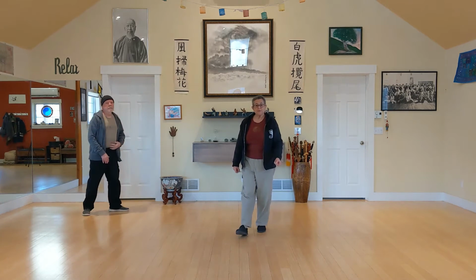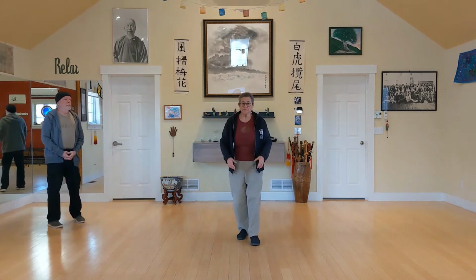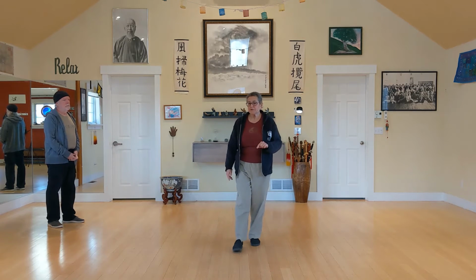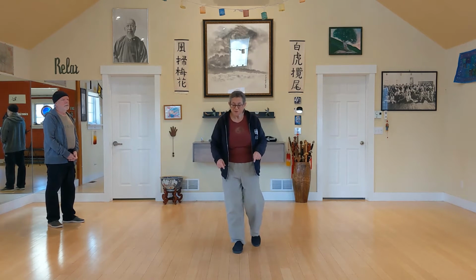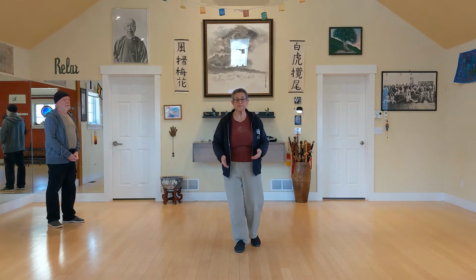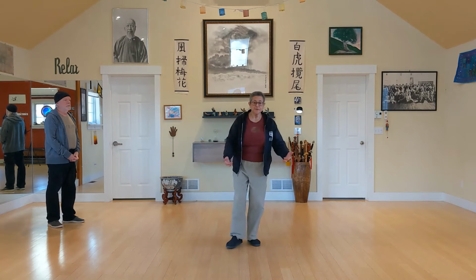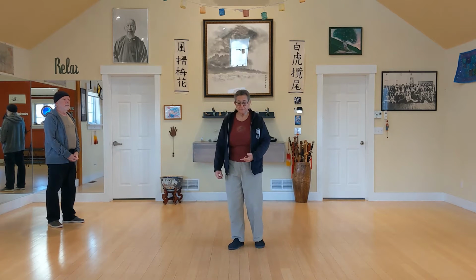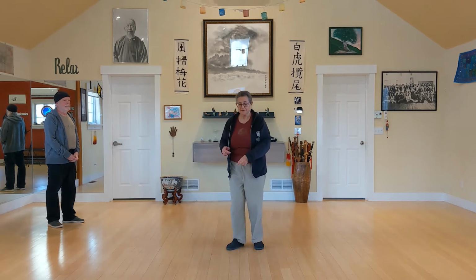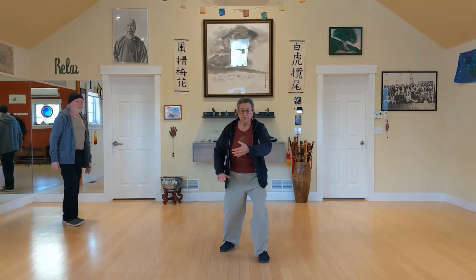So the transition I want to look at is coming out of Four Corners and going into Wardoff Left. But let's start with an easier transition just to get the basic idea of what I want to look at. So let's look at going from Wardoff Left to Wardoff Right. We can just swap back and forth, Wardoff Left, Wardoff Right, Wardoff Left, Wardoff Right, so that when